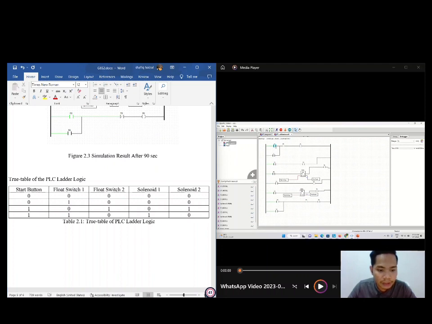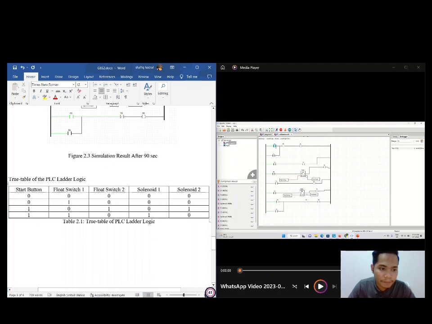The condition when the start button is in a low state while float switch 1 and 2 are at the high state will not happen, which is condition 2. This is because the start button needs to remain on to give input to float switch 1 or 2 to turn into a high state. The last one is solenoid 1 and 2 cannot be in high state at the same time